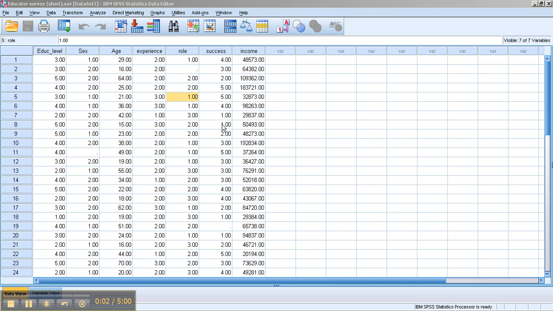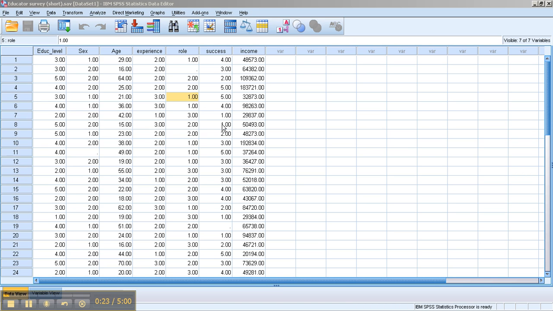Using an Anova, we are able to test for differences between scores on different groups. In this SPSS tutorial, I'm going to teach you how to do an Anova using income level and role within the school. We're going to look at difference in income level across the three groups: teachers, administrators, and other teaching